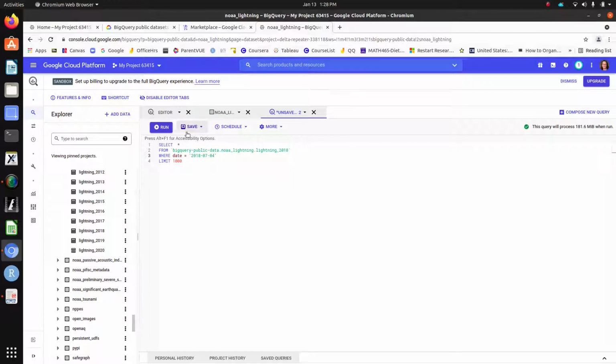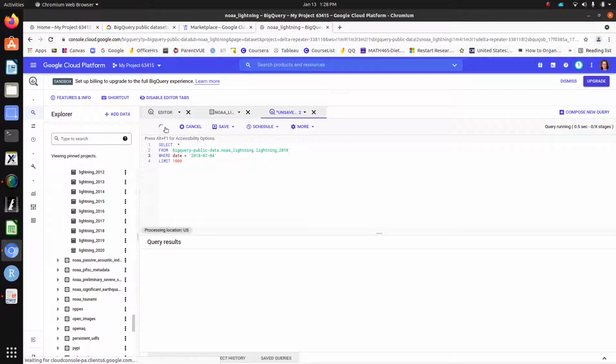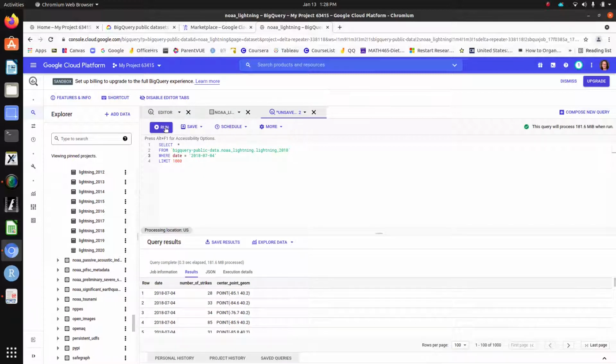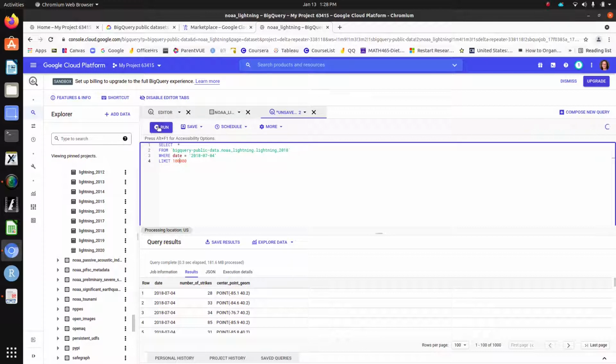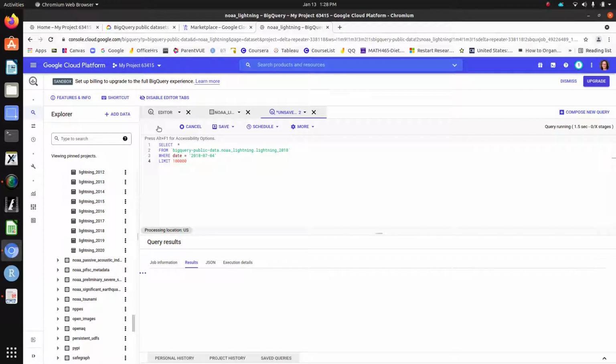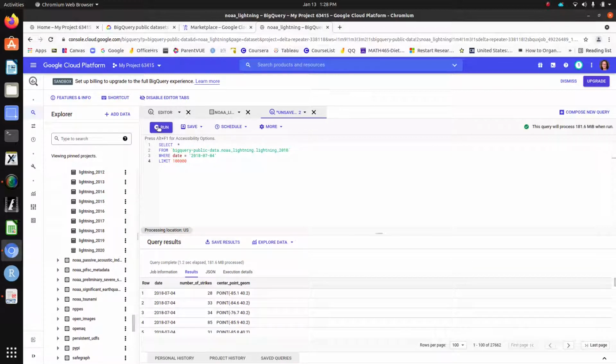I'm going to go ahead and run that and find out that I way underestimated how many I was going to get back. I actually end up trying for a much bigger limit. You can get rid of the limit altogether, but I like to leave the limit in there just for good measure. And I see 27,000 results, and I'm like, actually, let me see if I can make this query more interesting. I actually only want the places that got a lot of lightning, and I see there's an 85 here, so how about